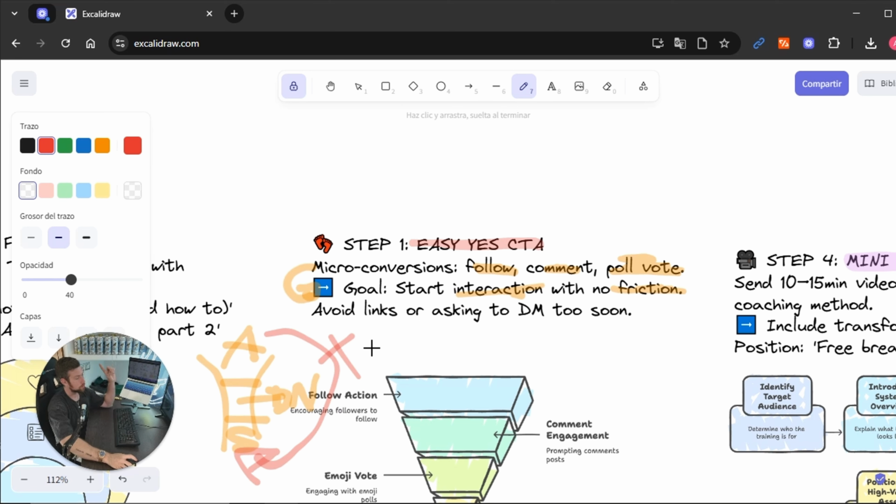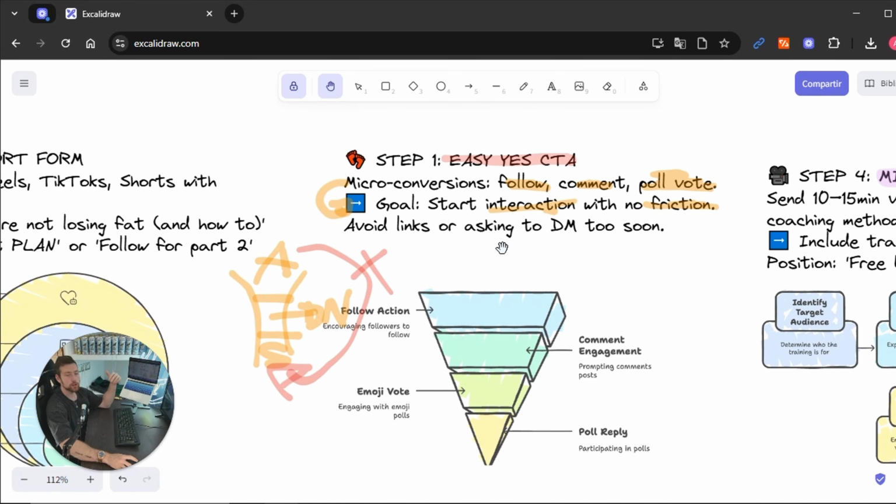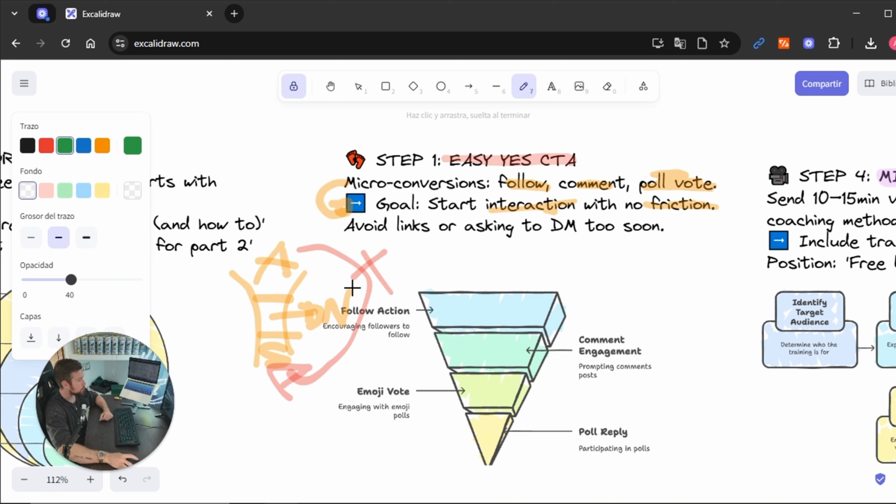Why is it that this doesn't work? Because right now, attention in 2025 is at an all-time low. So you need to build trust within your potential customers. In order to build trust, you need to spend way more time here in the nurturing part. This is really important, so don't rush to go here for the sale. Don't do that. Just spend more time here in the nurturing part.